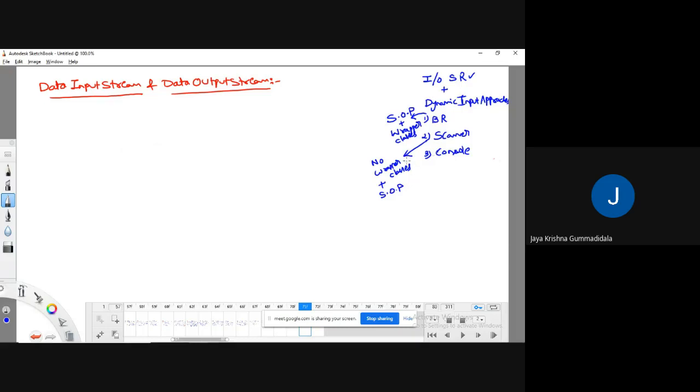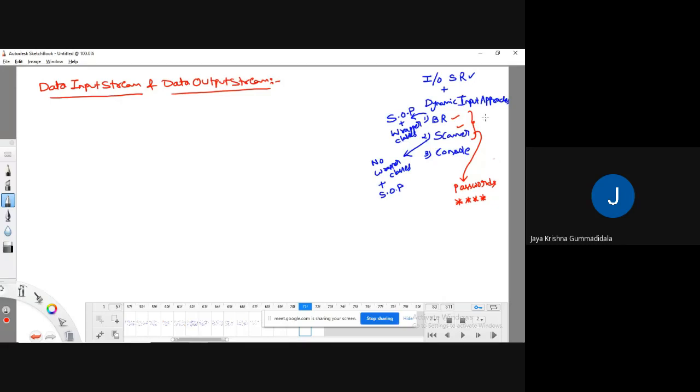Okay, fine. And one more thing, in these two, if you are taking some kind of data like passwords from the user, generally the passwords will be hidden, meaning that they won't be visible to a third person. But if you use buffered reader or scanner, definitely that will be visible.